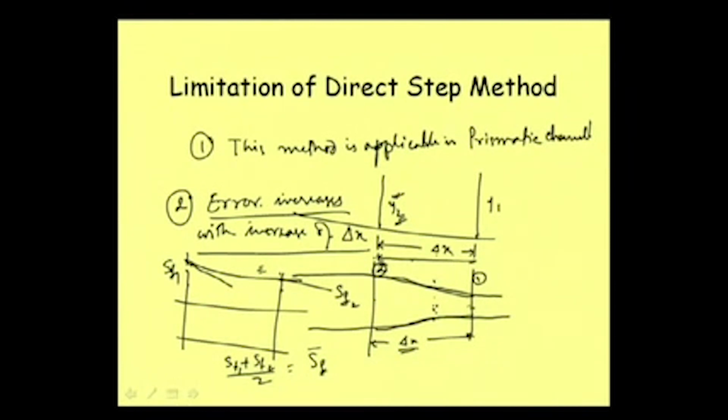Otherwise, this will end up giving some error, and in this particular computation we do not know what our delta x distance is beforehand. We get this delta x distance only after calculation, and as such how much SF1, SF2 will change and how this error will be introduced, we do not know beforehand. So, this method has this sort of limitation.